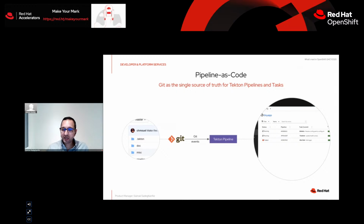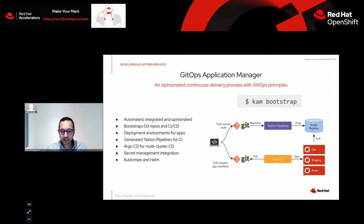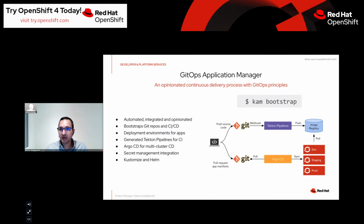One request we get a lot from our customers when we talk about our DevOps portfolio is that they like and use the technologies that we're productizing and bringing, but they ask us, so how is best to combine this? How should my delivery look like? What should I do with Takedown? What should I do with Argo CD? So our response to that is really the